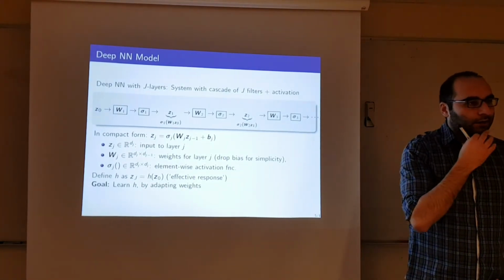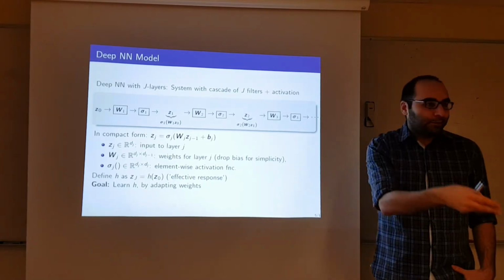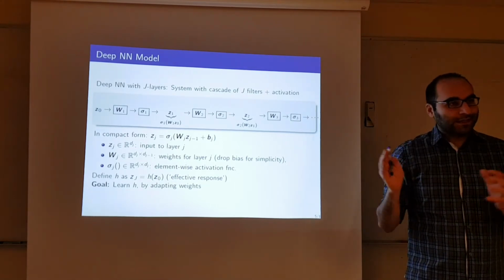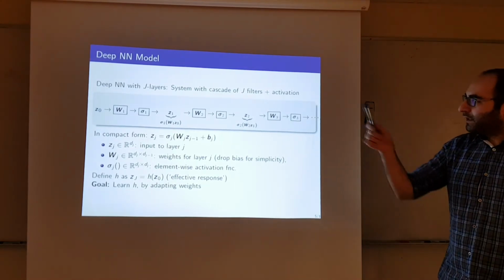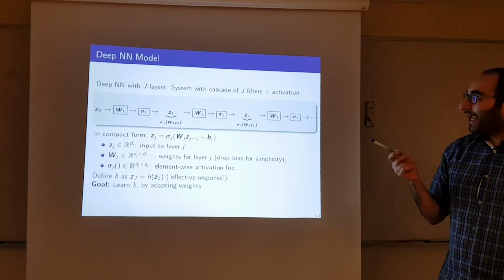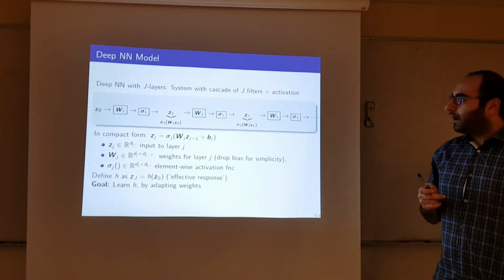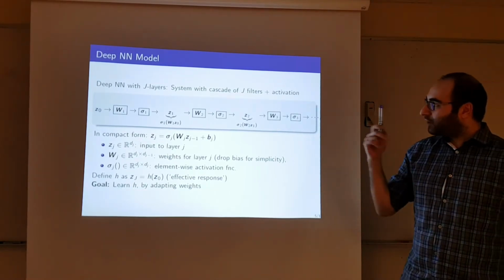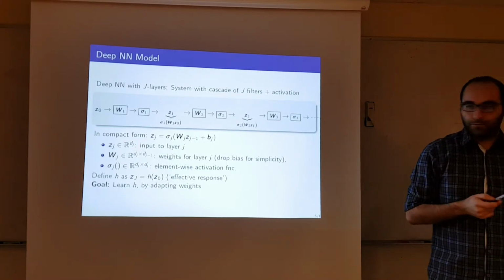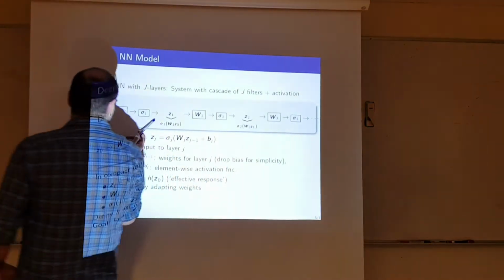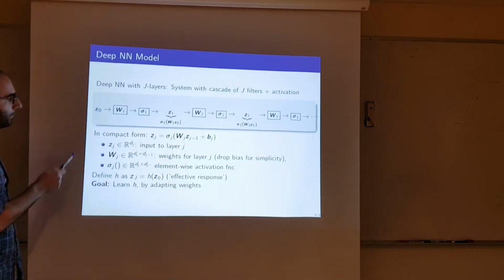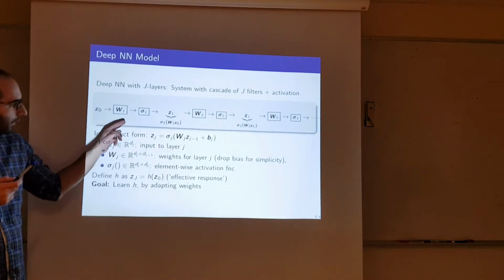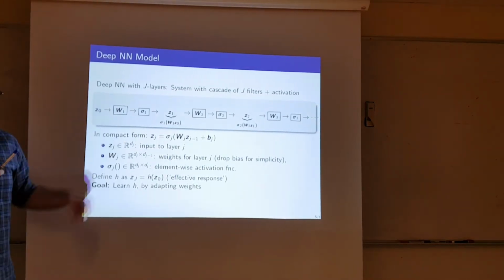Now let's talk a little bit about the modeling. I'm a signal processing guy, so I like to think about these neural networks as layers of blocks and filters. So for instance, if we think about a deep neural network with J layers, capital J, it makes sense to think about it as a cascade of J filters plus an activation function. So if we start with the input, this is Z0. You follow it by W1, the weights. This is a linear mapping, and then it's followed by